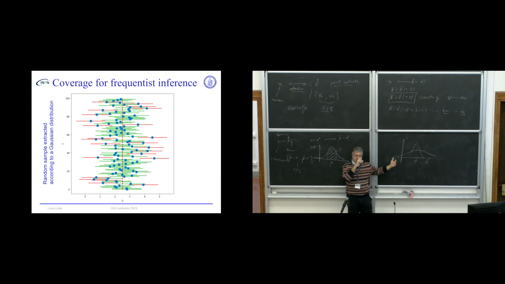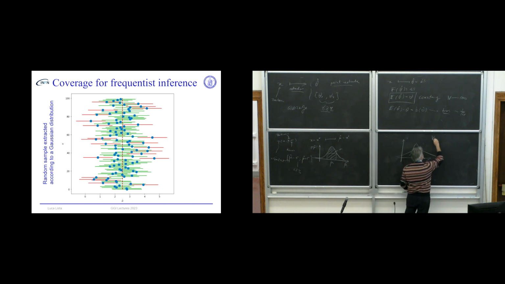I would like the width of the probability distribution of the estimator to be as small as possible, because a narrow distribution means better precision. If I then want to assign an uncertainty interval related to a 68% probability, I can assign a shorter interval to the narrow distribution and a broader interval to the broad one. So I'm interested in the variance of theta hat, and I would like to get it as small as possible. Unfortunately,